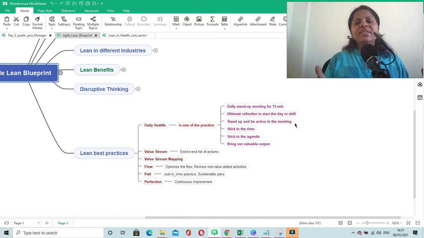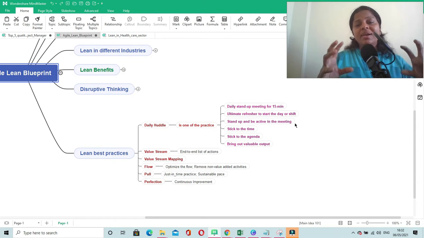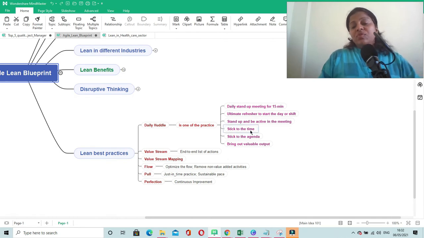Within few minutes they have to finish it up, and they have to just update their status and their problems, and maybe they will be working on their problems at a later time, but in that meeting they will be primarily discussing the status and the problems in a quicker manner. And they have to stick to time, stick to the agenda, and bring out valuable output.